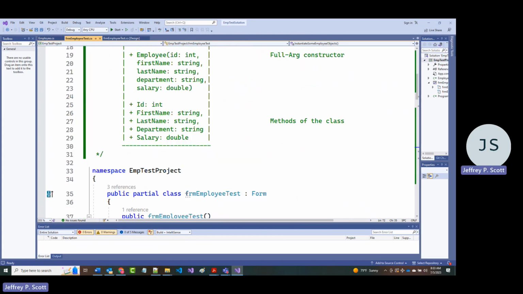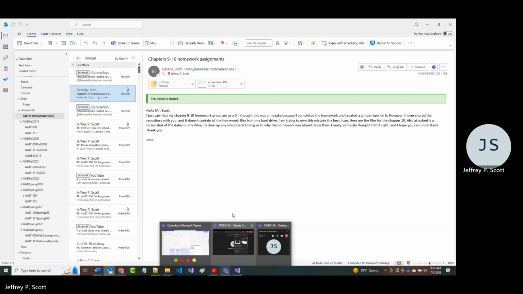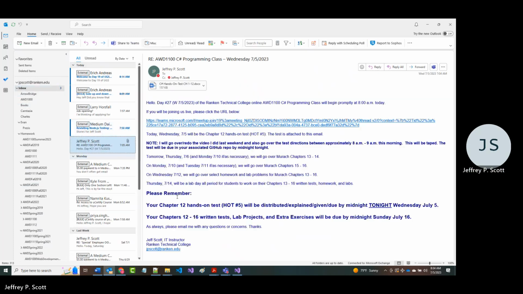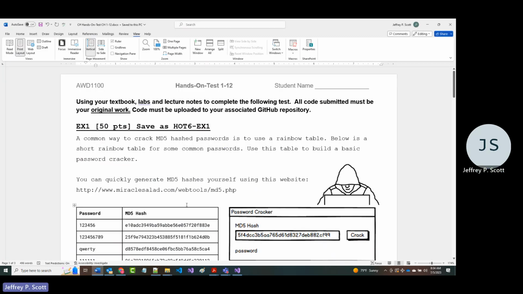Just so you know, this whole program already is out there. I'll show you where it is in just a second. Let's take a look at the test. This is the test. In fact, I'm going to bring mine up and run it for you so you can see exactly what it should look like. Using your textbook, labs, and lecture notes, etc., complete the following test. All code submitted must be your original work, and it must be uploaded to your GitHub repository